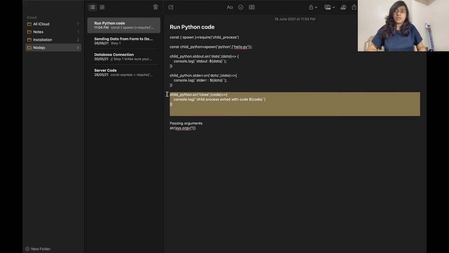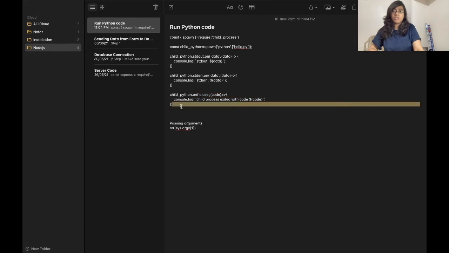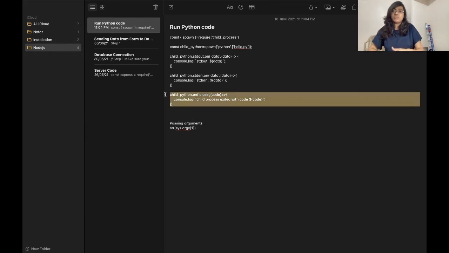So when is there such kind of requirement? Sometimes when you are making a container and you have an application which uses some features of the Python code and some features of Node.js, you are using Node.js as a server, and now you want to call this Python script. In that case we run this type of script using spawn. And also remember to close it, because sometimes if you don't close it, it remains in that process, and next time when you try to execute the code, it will give some error or do nothing.